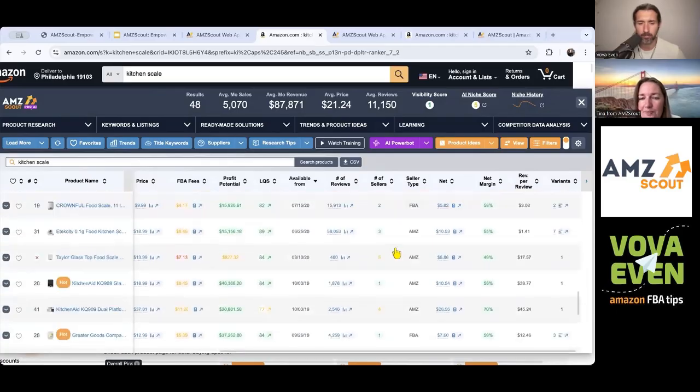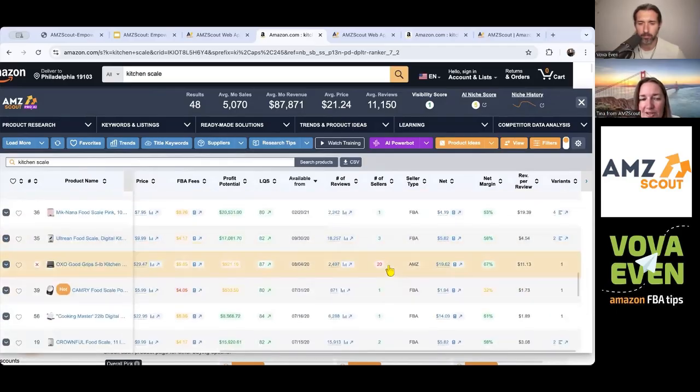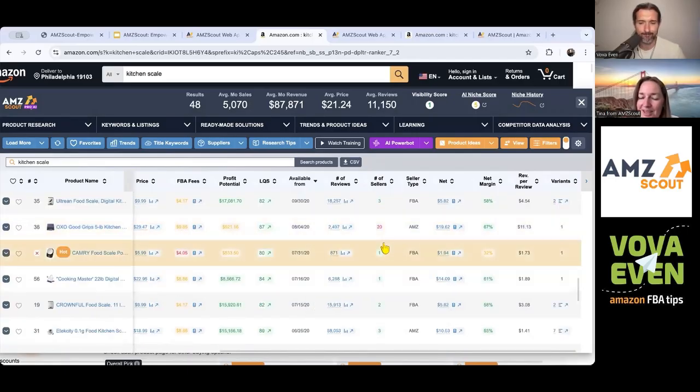So this one is obviously for arbitrage and wholesalers because it has 20 sellers on the listing, but its buy box seller is Amazon, so it probably is in the buy box for most of the time. It's not a good sign to have 20 sellers and Amazon in the buy box, but that's for the online